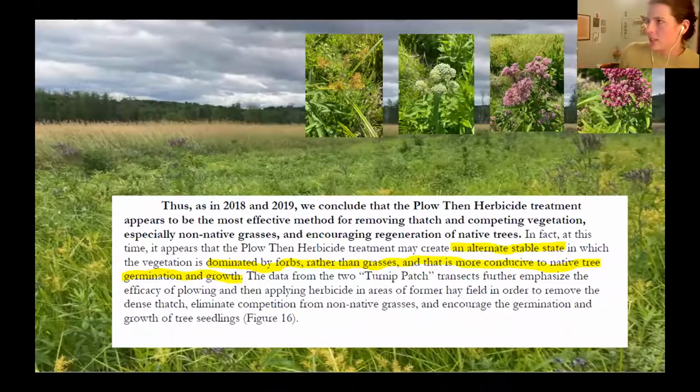So I'll just end with this. We've gotten closer to honing in on what techniques are most effective at controlling reed canary grass. And we also saw a pretty exciting transition in the vegetative composition. This is a blurb from State Fish and Wildlife's work that ultimately we think is going to persist down the road. So you create this alternate stable state that's dominated by these native wet meadow species, and that's much more conducive